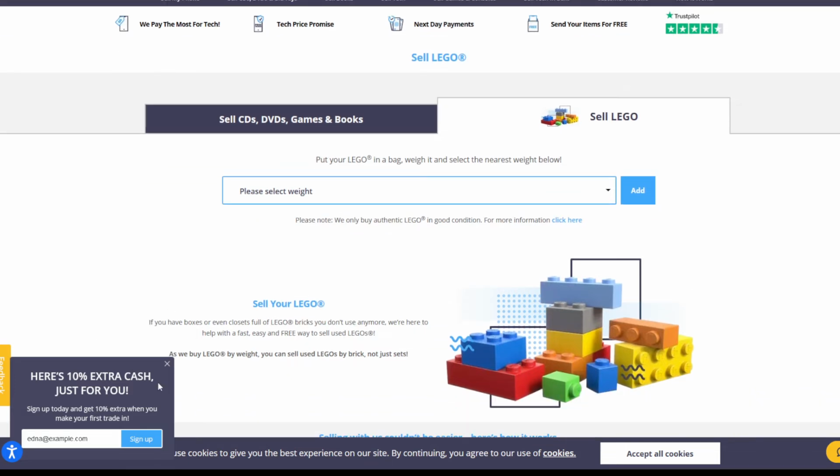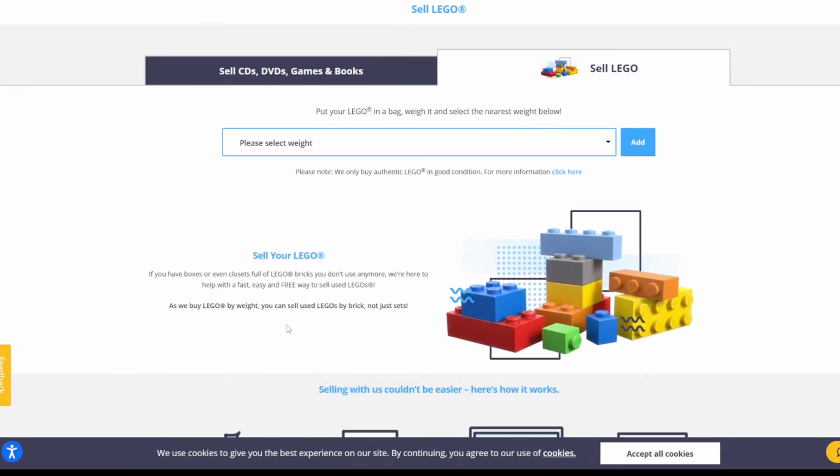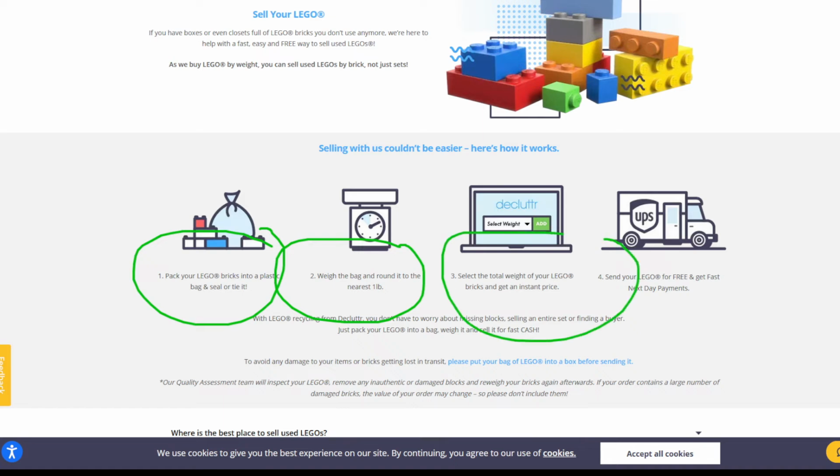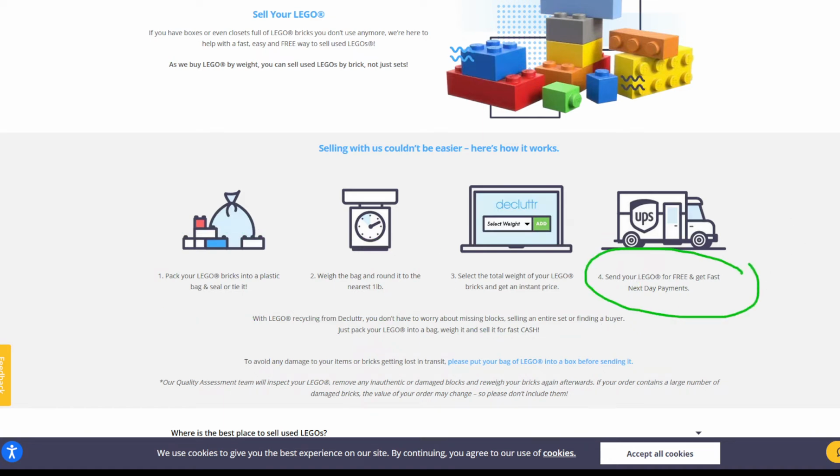There's a website called Clutter. They will just give you money on the spot once you ship it in. And here's how it works. You'll pack your Legos and bricks in a plastic bag. You'll weigh it, round it to the nearest pound, and then select a total weight. And then you'll send off your Legos for free and usually get next day shipment payments once they receive your